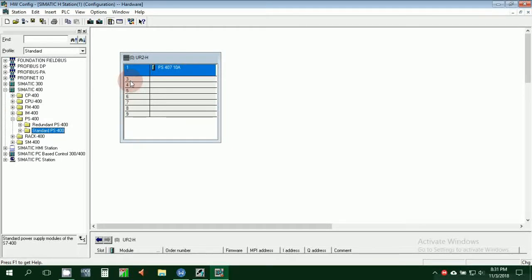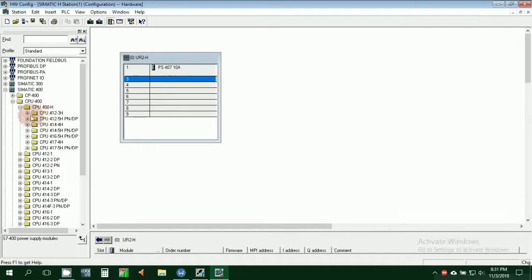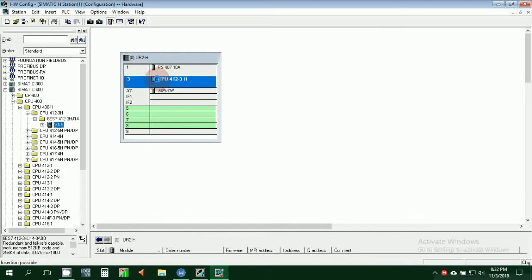And then slot number 3, which is dedicated for the CPU. So for selecting the CPU, we need to expand the CPU 400, CPU 400H, 4123, and this one. After selecting the CPU, what you need to do is